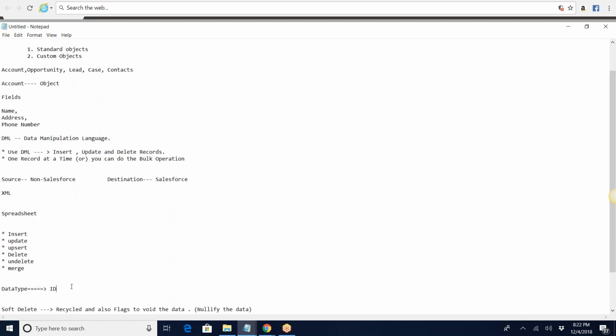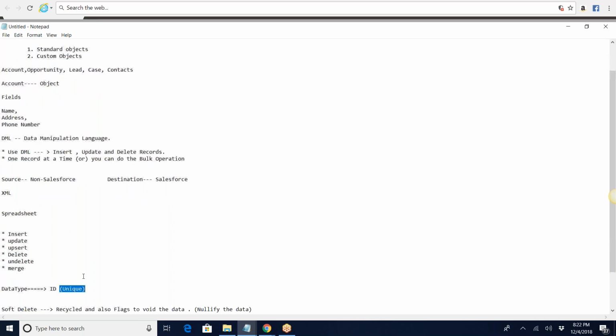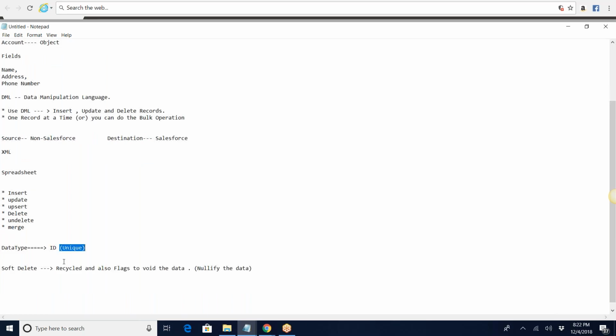When I insert a record, I'll show you, it will always be created with a unique ID. The ID is the unique key, or unique identifier, of every single record in Salesforce. Every single record in Salesforce, we can identify from the ID. So when you're inserting records, the Salesforce system assigns an ID to each record,